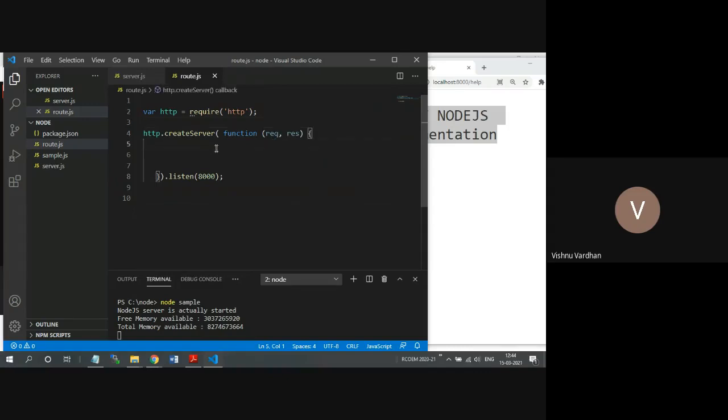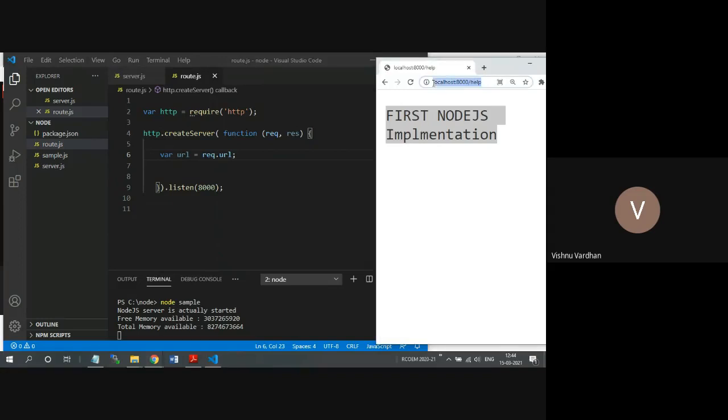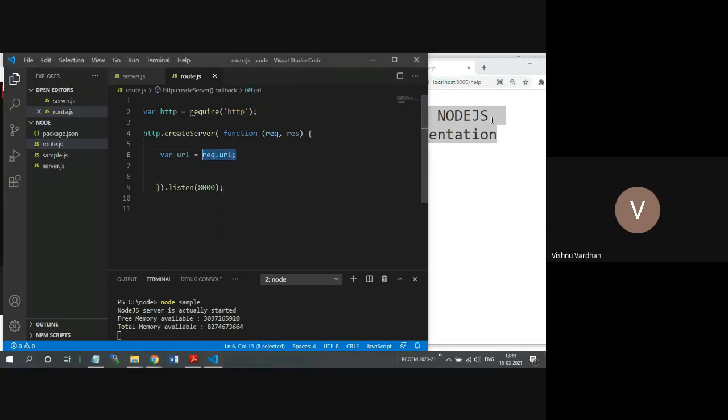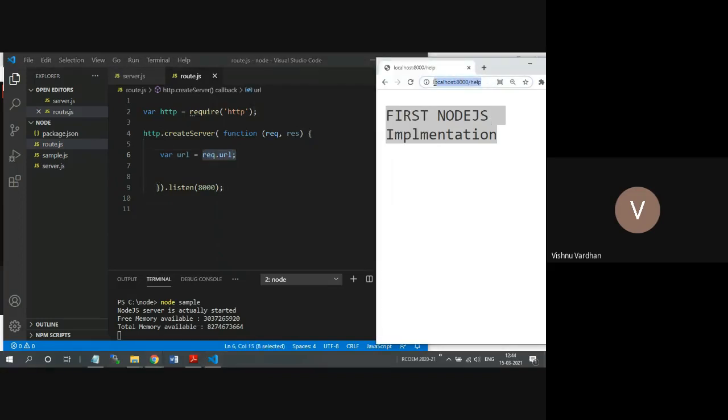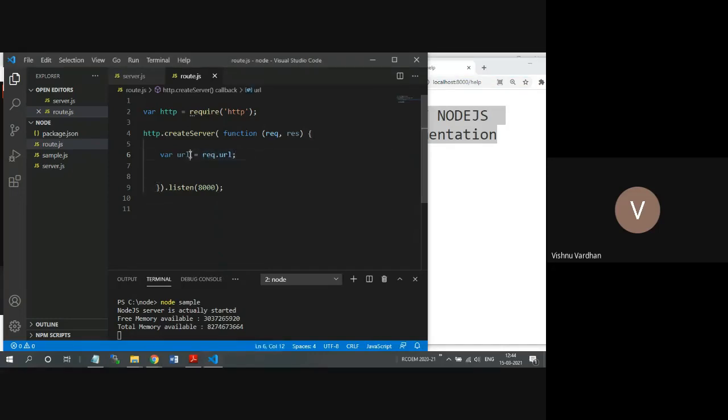And thereafter, I want to have one URL. This URL is the URL which is coming from the browser. So we can catch the browser URL like help or anything else, and I want to store that in this url variable.